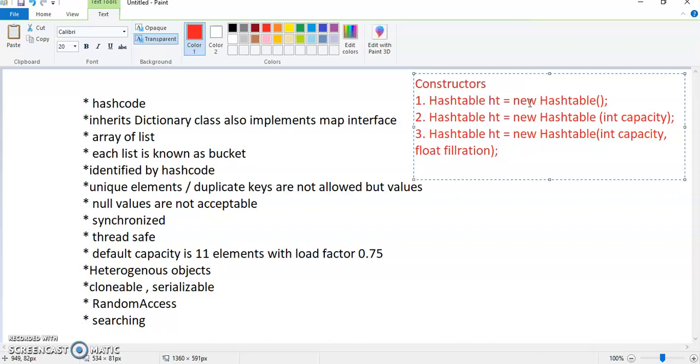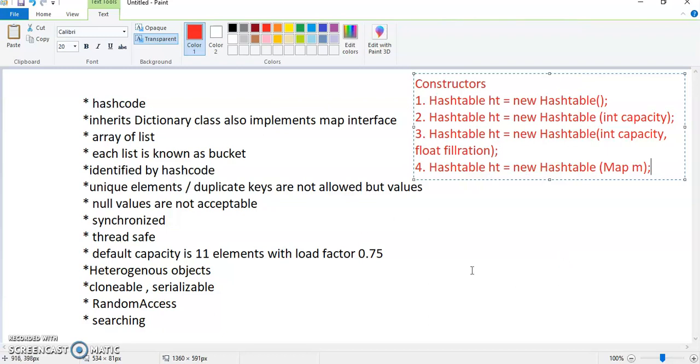This is the third constructor. And the fourth one is Hashtable where, if you want to initialize with another Map object, you can do that by using this kind of constructor, passing the object in the brackets. So out of these 4 ways, you can select any one constructor to implement the Hashtable.